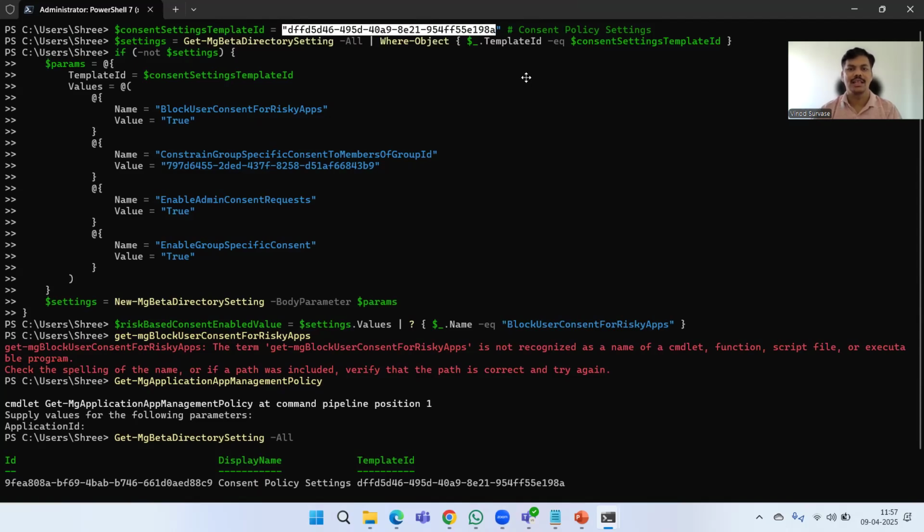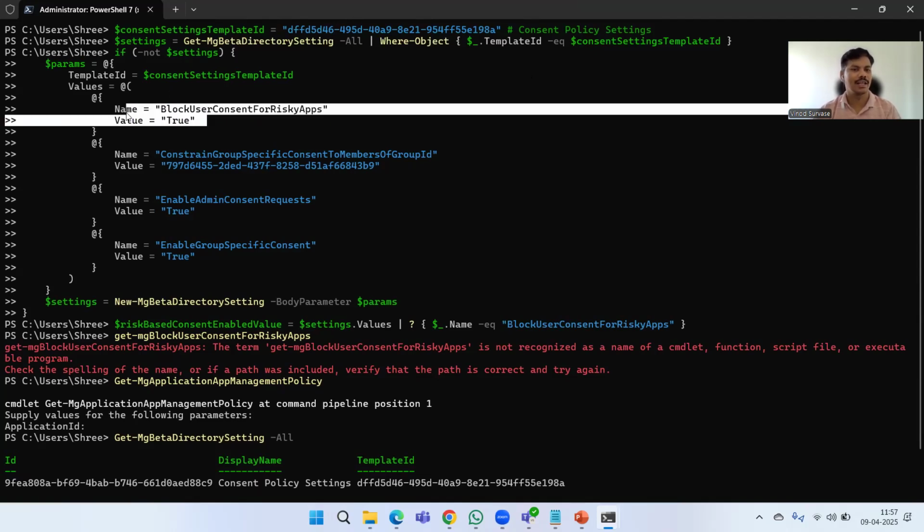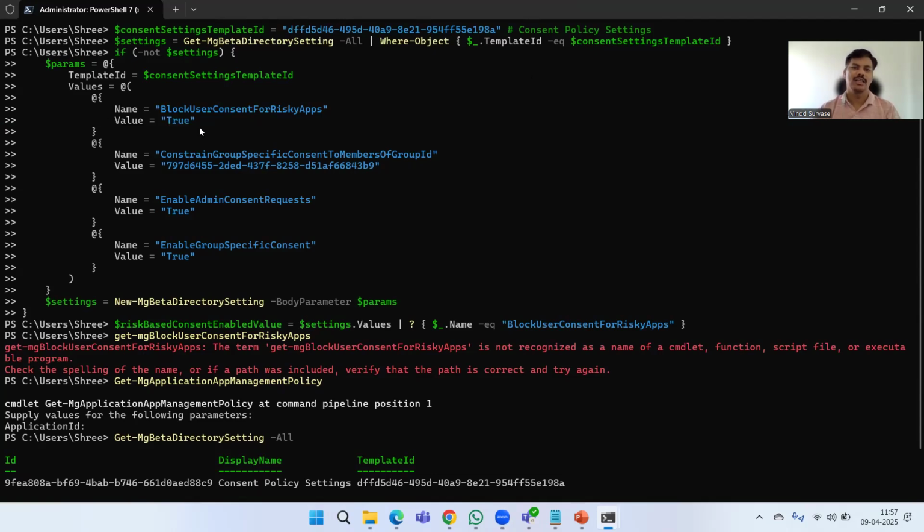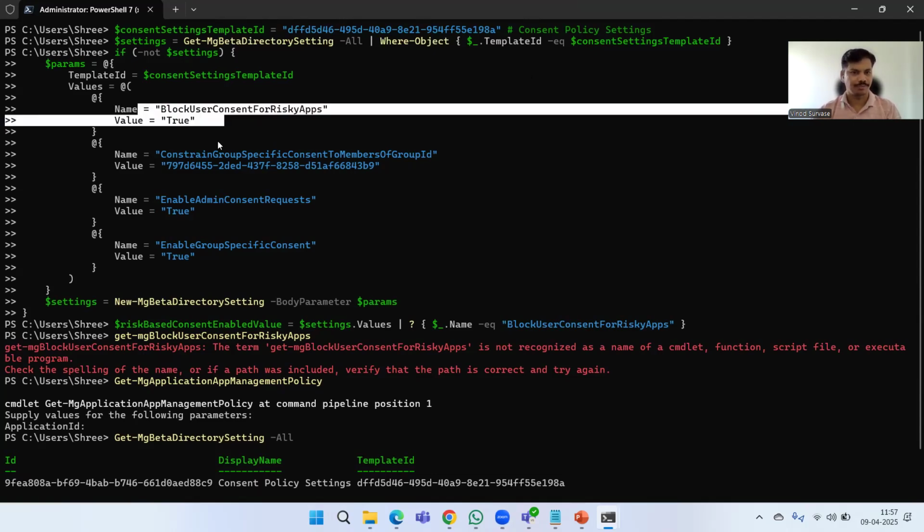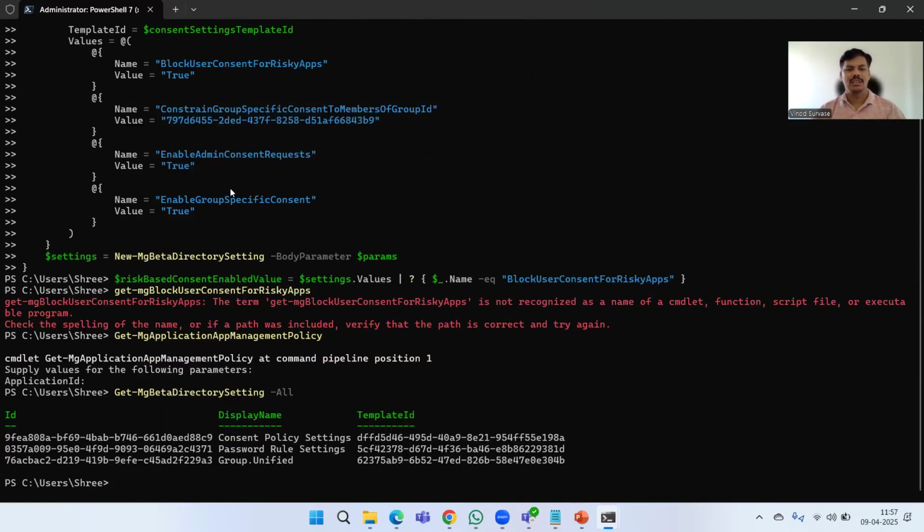So this template is applied over here, and whatever settings we are building and adding here are part of this template policy. That is why it has given us this template, and everything is configured in these policy settings, right? So this way we can get that